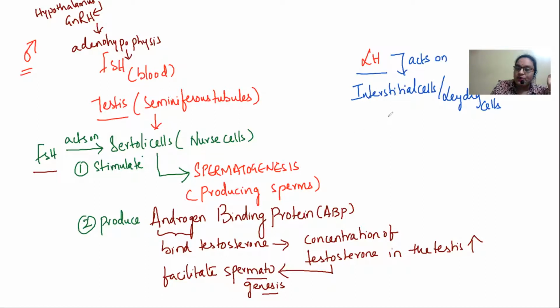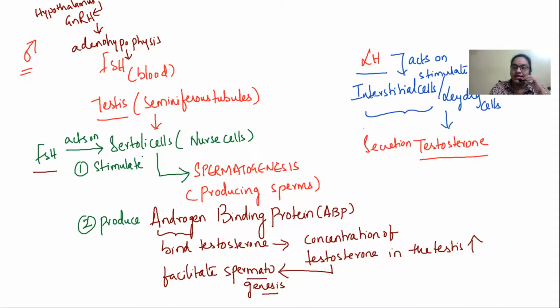And what they do is they are going to stimulate the Leydig cells to produce the male sex hormone, which is called testosterone. They are stimulating them to secrete testosterone. So the secretion of testosterone is by the luteinizing hormone. This is the functionality of the luteinizing hormone in the male reproductive system,